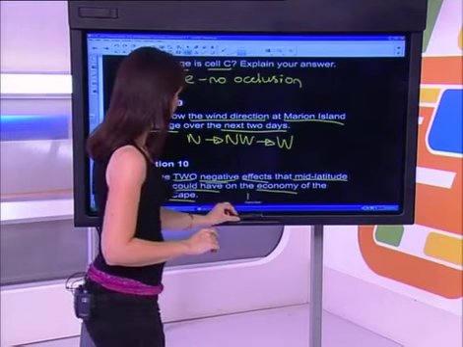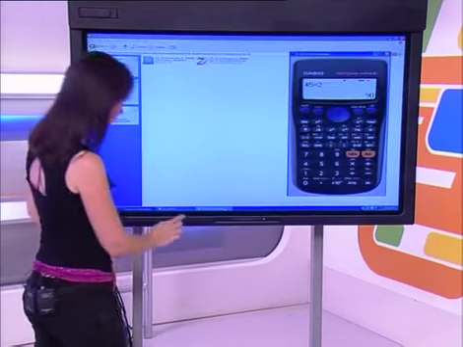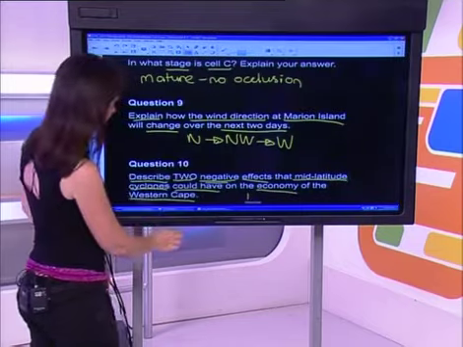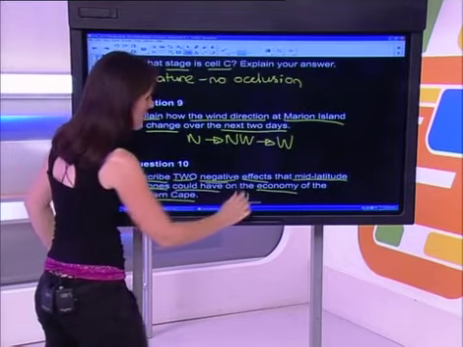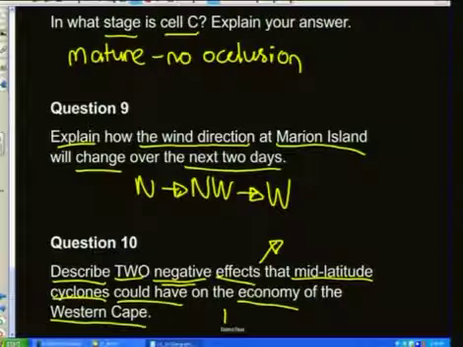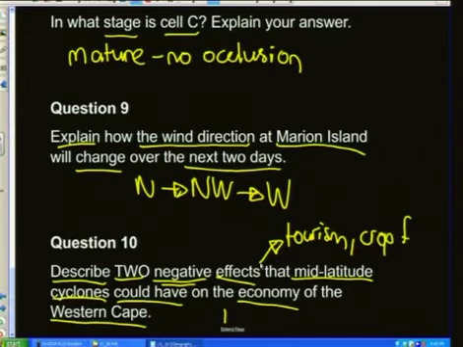Let me write those down very quickly. If I could get back to that. There we go. Don't have space here. I'm just going to put some keywords there. Tourism will go down because no one wants to visit there at that time of the year. It's not pleasant weather. Okay? And we could have crop failure as well, which means we have less crop to sell to boost our economy.